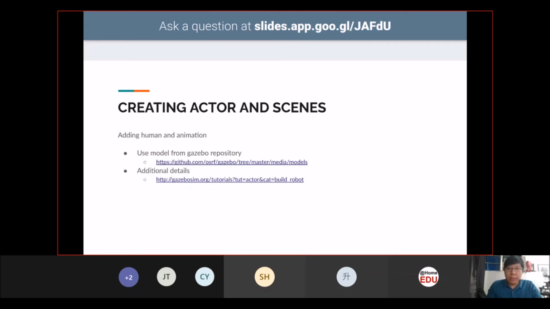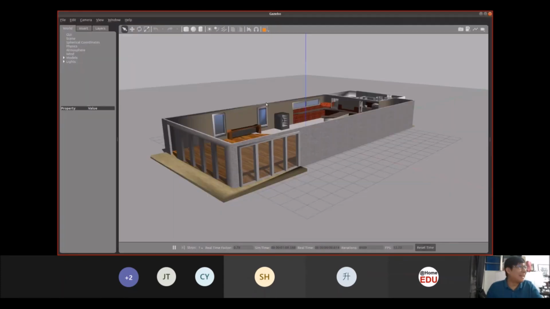Once we have created the scene, we can put our robot inside it. Let me just launch an example. Make sure you have a strong PC, because even on my workstation, it takes around 30 seconds to start up.